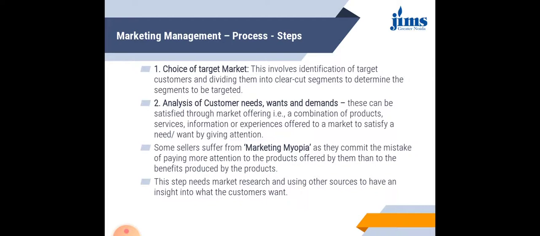First is identifying the different segments of the market. When the entire market is divided into small homogeneous segments, that is called segmentation, right? After doing the segmentation, the marketer or the organization needs to select the target audience for its particular products and services. And next is positioning, how to position your product in the eyes of the customers. So this was all about the first step of the marketing management process, that is the choice of target market.